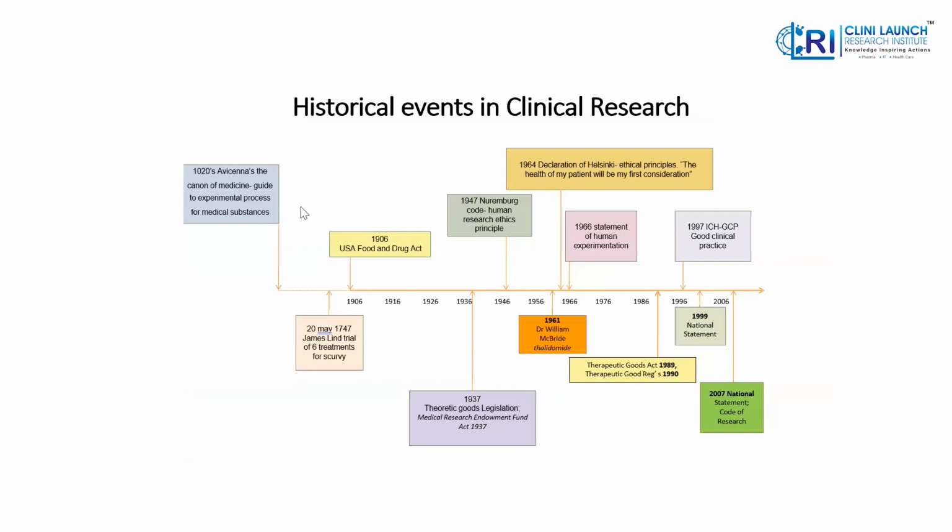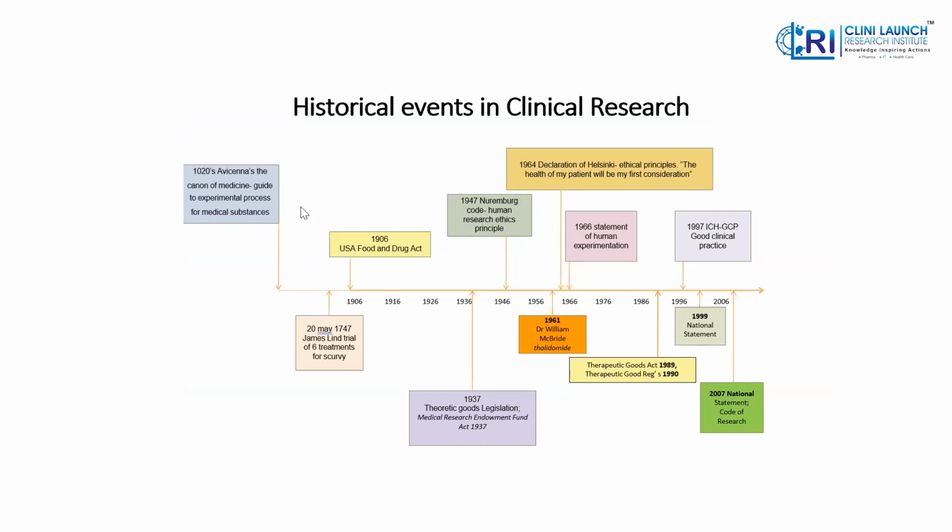Then we saw that in 1906 we have the Food and Drug Act in the US. Initially it was enforced by the Bureau of Chemistry in the US Department. Later on, in 1930, its name was changed to the US FDA. And so we have discussed